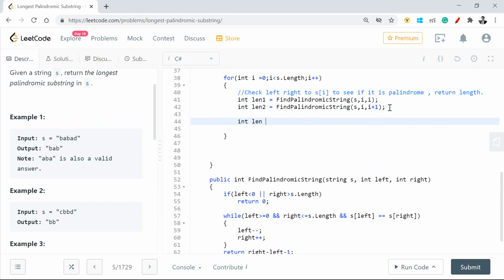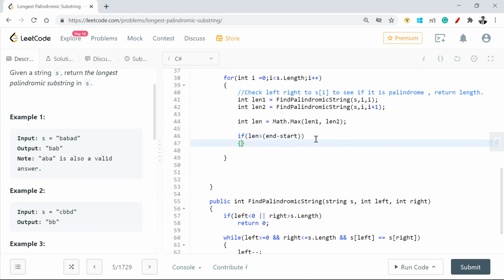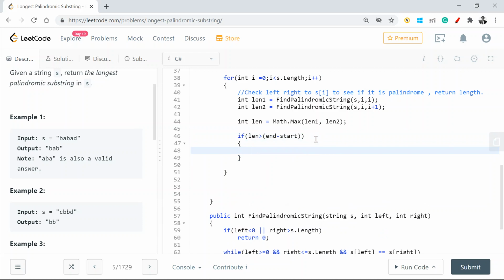Then what we're going to do is, okay, we have to see which one is maximum of it. Len 1 comma len 2. Now if my current length which I just found is greater than end minus start, which is the position of the substring which we earlier found, right?